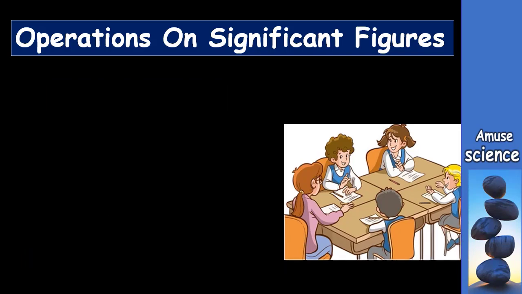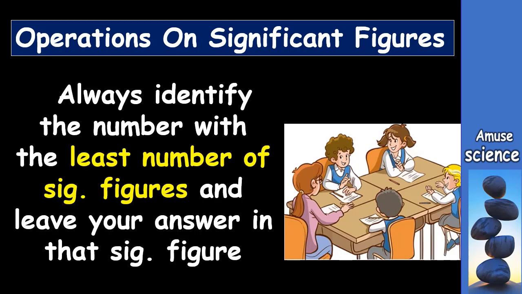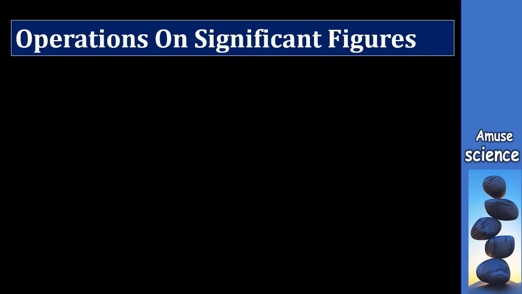If you are performing a computation on two or more numbers in different significant figures, always identify the number with the least number of significant figures and leave your answer in that significant figure. In other words, leave your answers in the least significant figures as given in the question. So let's have 4 of such examples and see. Number 1, let us add the following numbers: